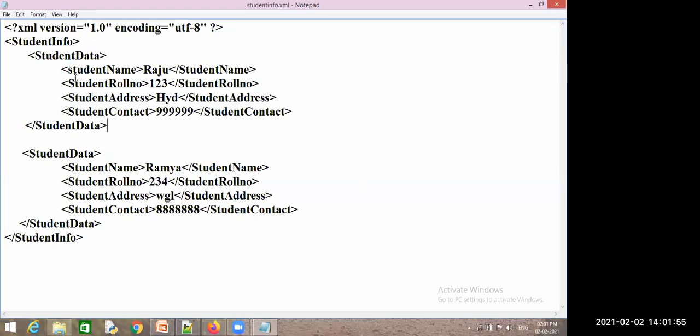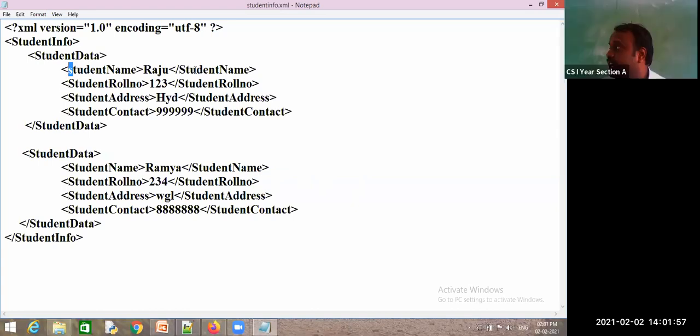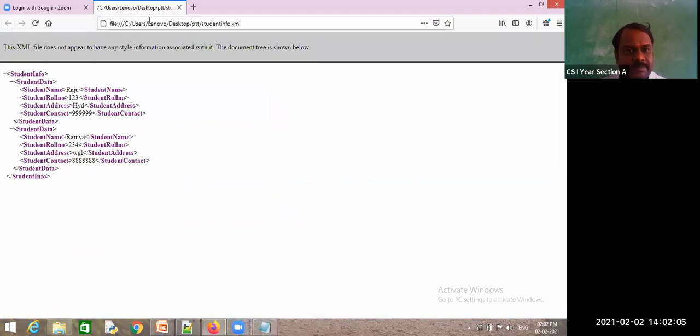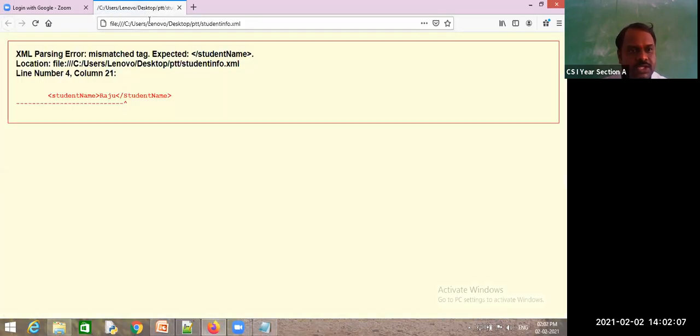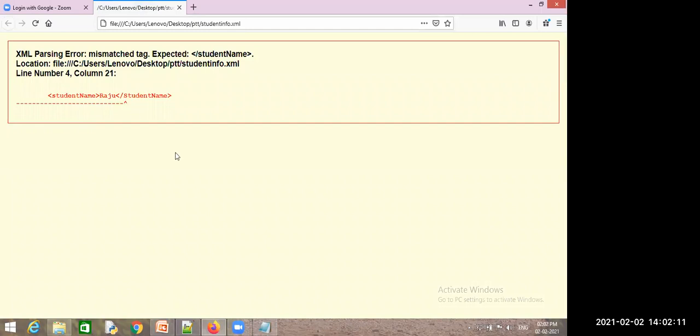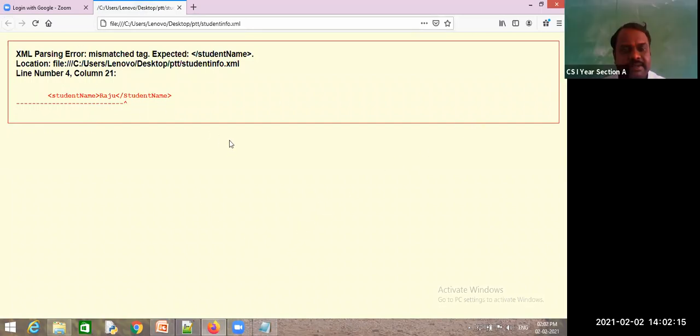First letter small, small letter started, but ending with a capital letter. Now I have saved this one. We'll check whether it will return an error or not. I will reload. So immediately it has shown an error. Yes, sir. So someone said I got an error. Will you get this kind of error?